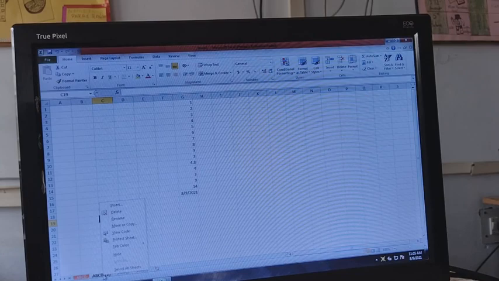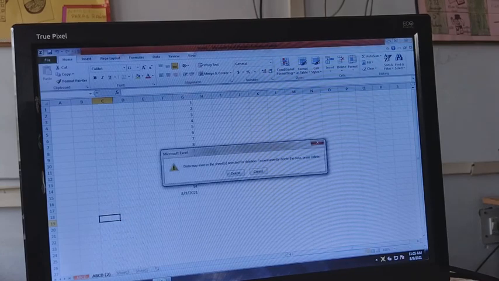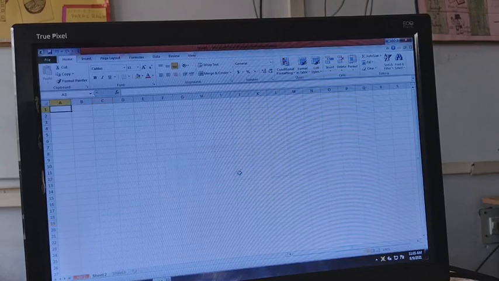If you want to delete the sheet, do the same procedure, do the right click and you have the delete option, you can delete it from here only. Just simple steps are there. You have to do the right click and follow the instructions. See the context box, whatever is written there, you just have to click on that.